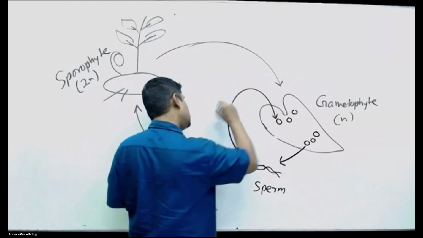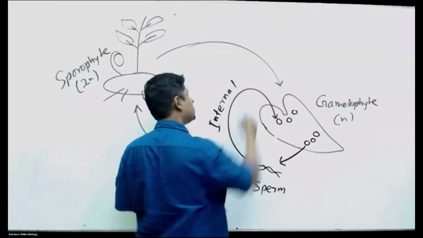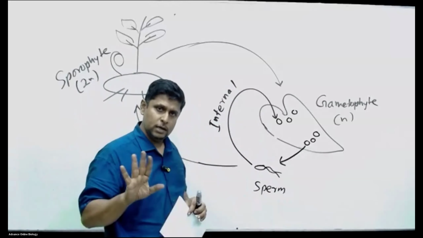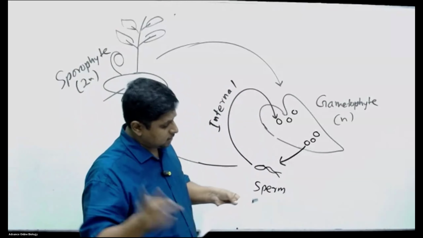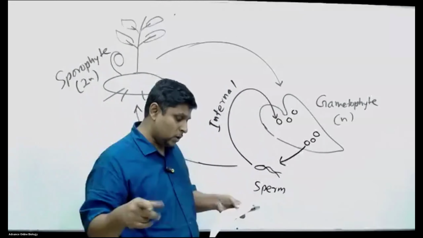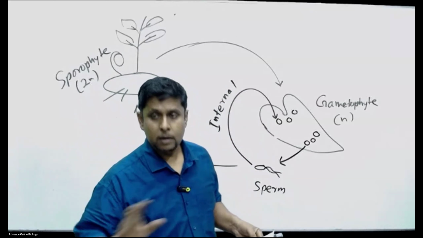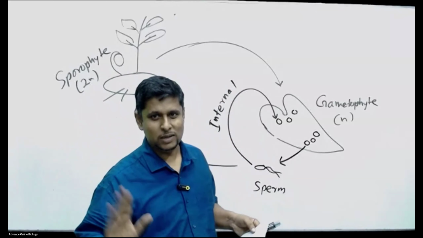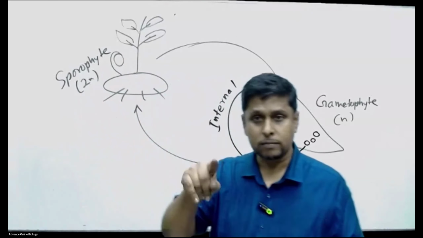So what do you call this fertilization? Internal fertilization. Right? Plants always show internal fertilization. Is that clear? So therefore you can't take this as an external fertilization. The statement says here, the female gamete egg is retained in the archegonium and the male gamete are released outside. So that is an external fertilization. Wrong. Plants always show internal fertilization. Next, so fifth statement is wrong.